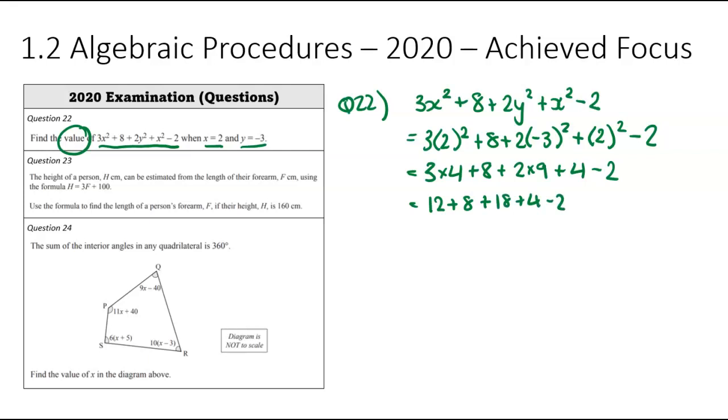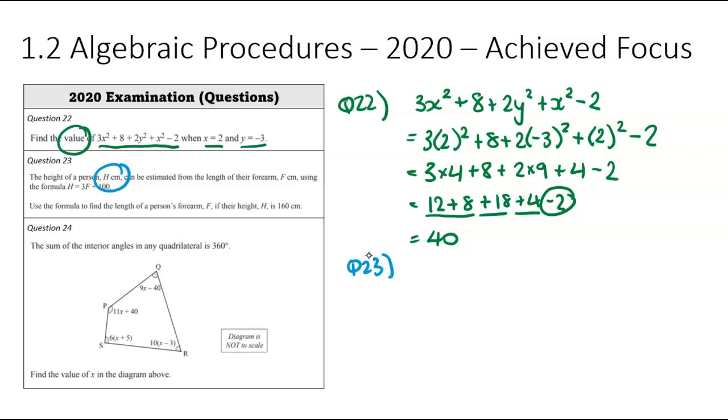plus 4 minus 2. We're now going to evaluate this. So 12 plus 8 is 20, plus 18 is 38, plus 4 is 42, and minus the 2 at the end gets us to 40. So that means 40 is the value for that. On to question number 23,